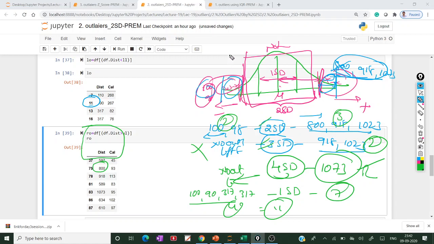Why? Because in the previous box plot we identified 5 outliers by using the interquartile range. So according to that, we apply the second standard deviation and we get the 5 outliers. If we apply the third standard deviation, we get only 2 outliers. So according to your problem statement and data set, we have to apply the standard deviation.